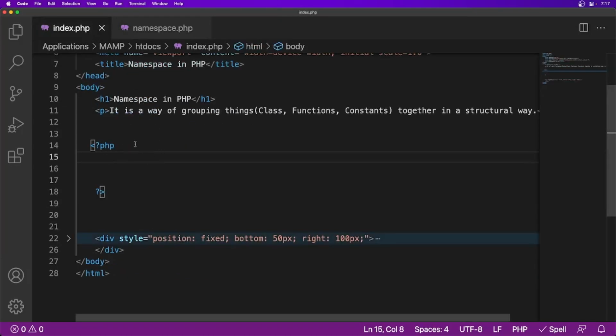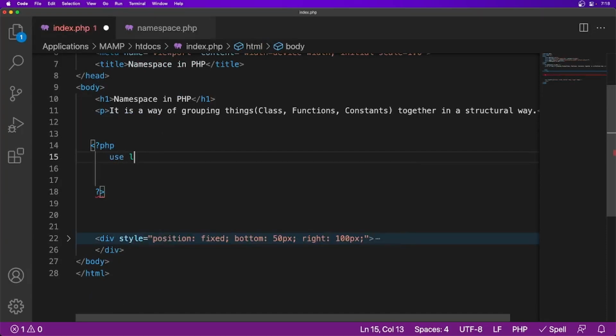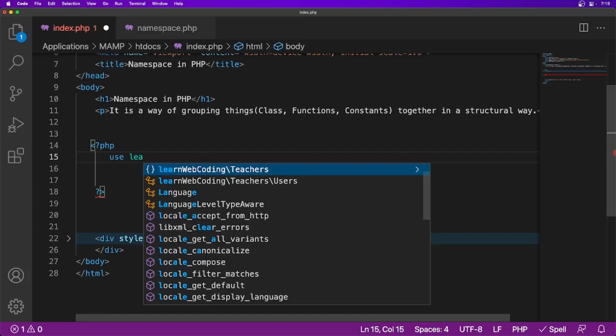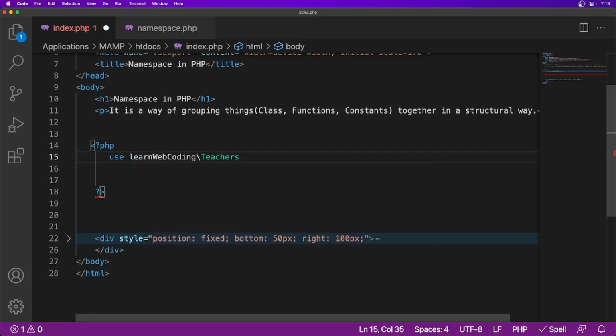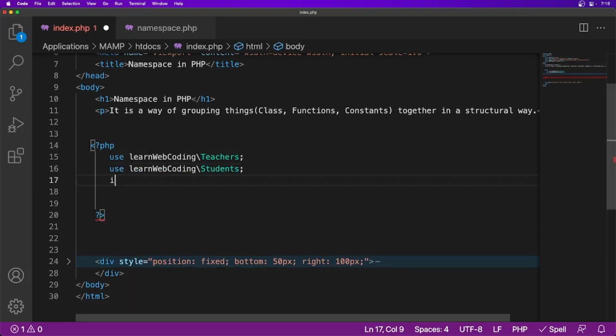So first thing, wherever you're going to use the namespace, the first line of the PHP code should be use, and then the namespace name. So in our case, learn web coding backward slash teachers. And similarly the other one also you can use at the same time, use learn web coding students. Okay, and then include the file, and our file name is